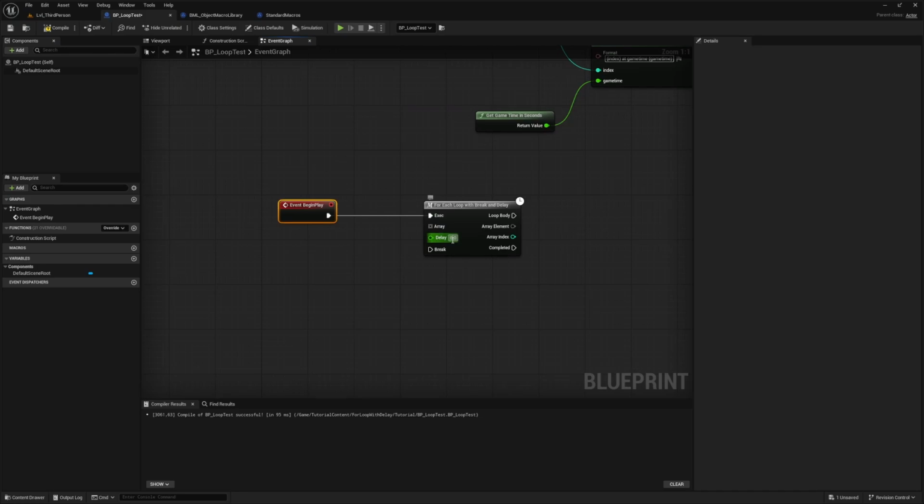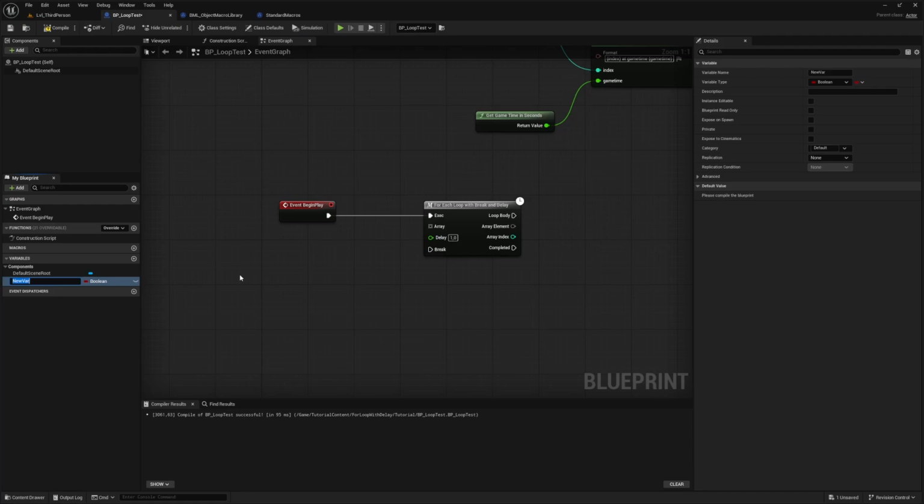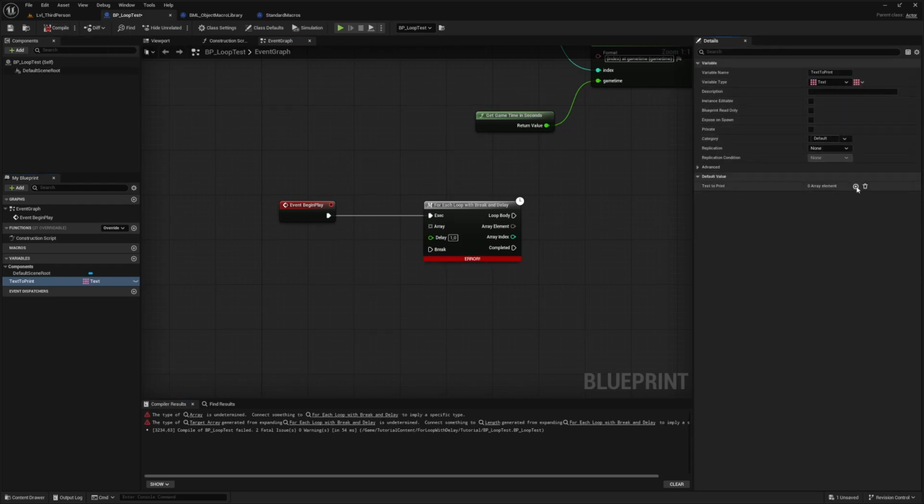So we can put the delay here to 1 second. We can make a variable here. Let's see, text to print. Make it a text variable and make it an array. Compile, and we can add like